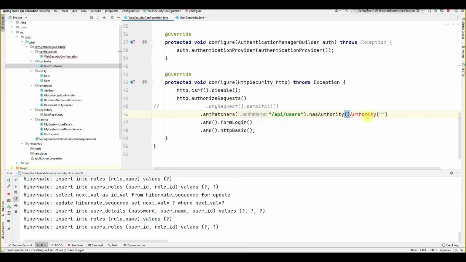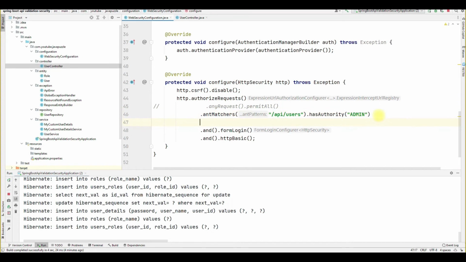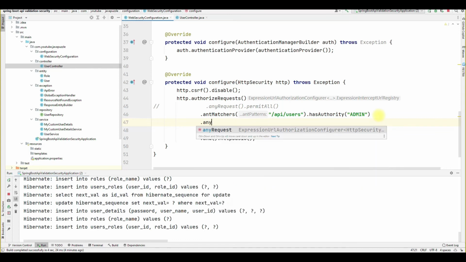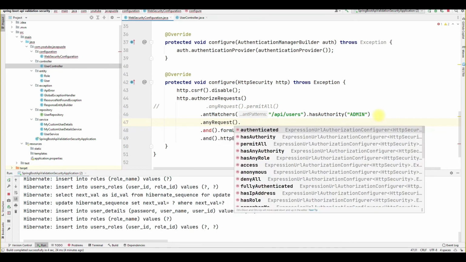Sorry, so this one is only for the admin. Then we have to tell our Spring Security that this type of API is only authorized by the admin, and for that request, any request should be authenticated.